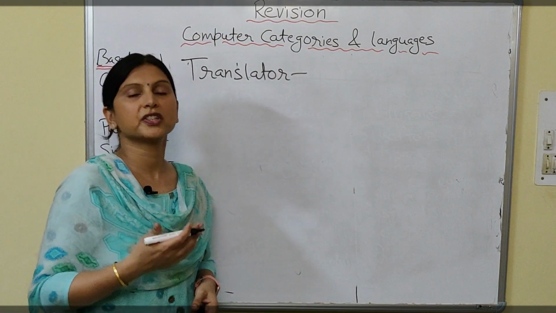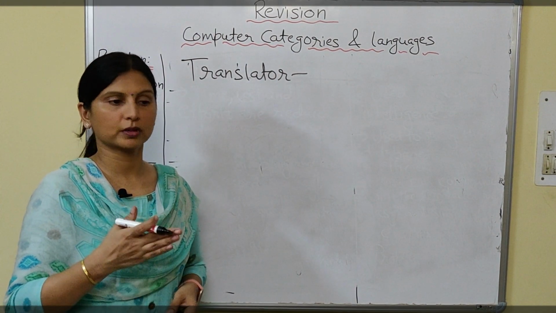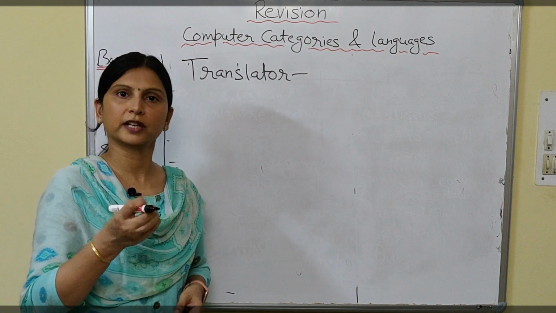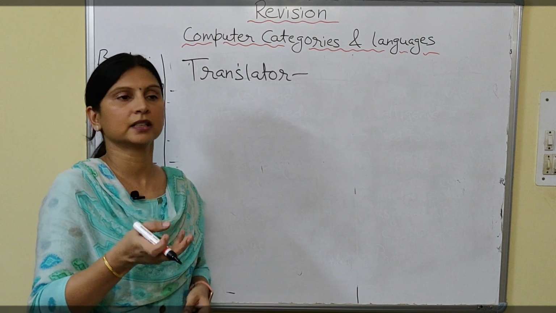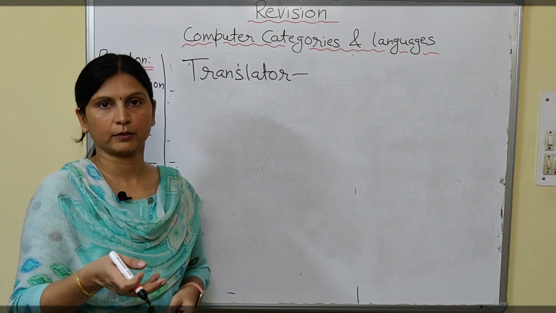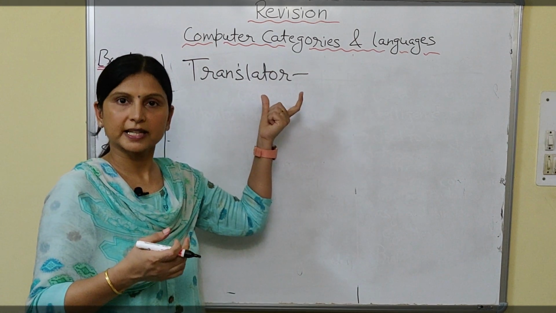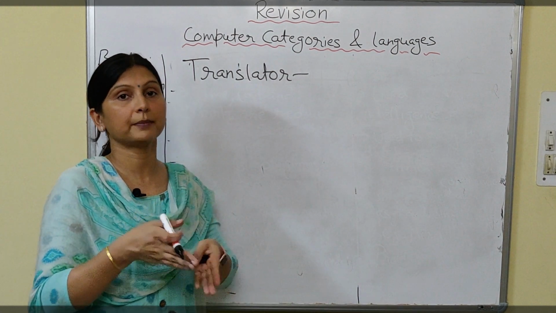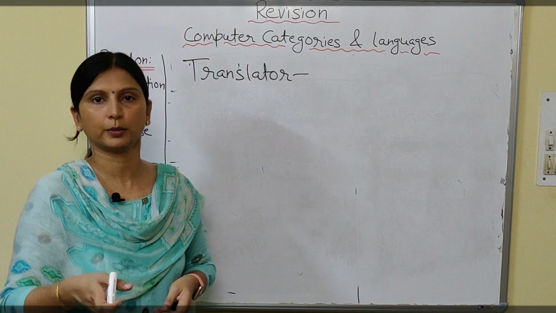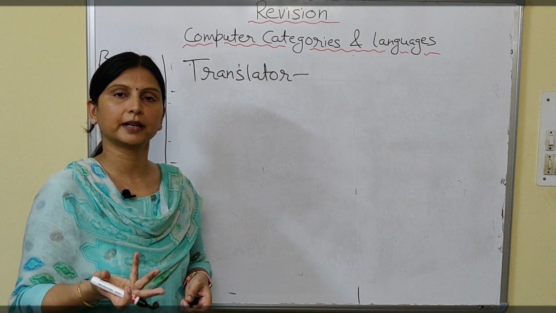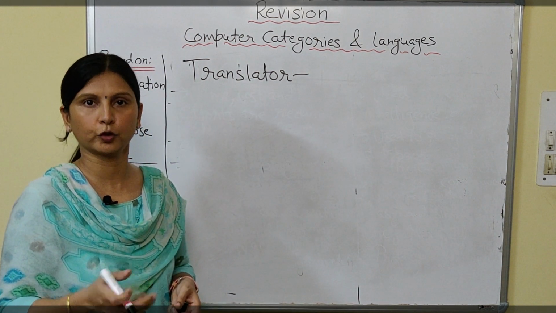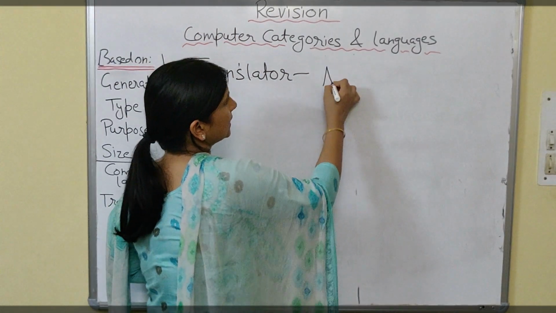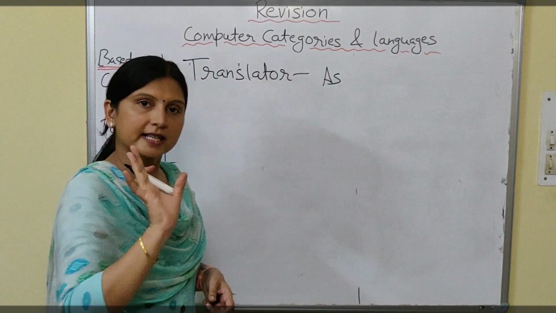A translator is software which converts the computer program into the computer understandable format. It converts the program which we write in our language, maybe in assembly language, maybe in a high level language. A translator is needed in the case of assembly language as well as high level languages. So what is the purpose of a translator? To convert the computer program into the computer understandable format. And what is the computer understandable format? 0 and 1, binary format, or we can say machine code. It's not hardware, it's software.